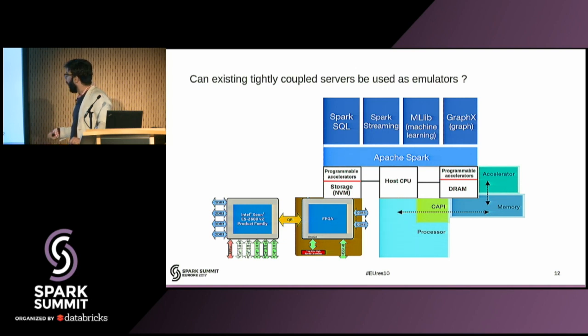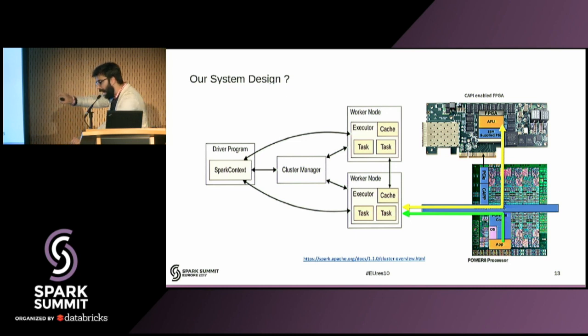And the question is how you actually map Apache Spark on such kind of servers. In Apache Spark, you have worker nodes. What you could do is map these worker nodes on the CPUs, or map them completely to the FPGA. Or the third approach is that you could map to both, which means that you offload one of the tasks to the core and one of the tasks to the FPGA.